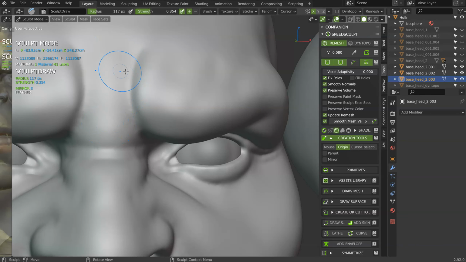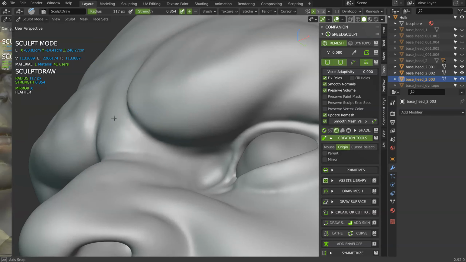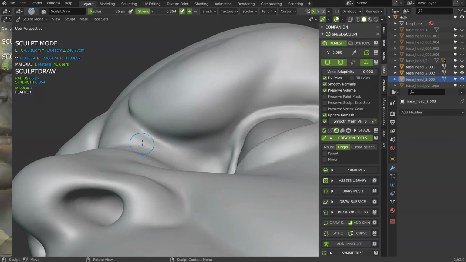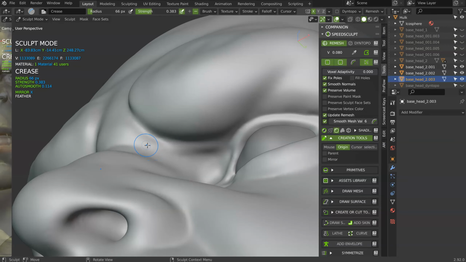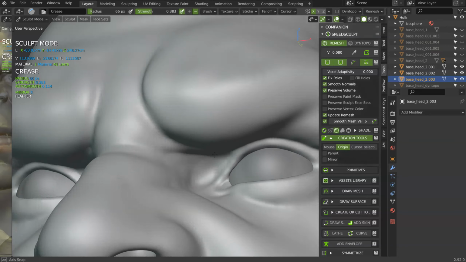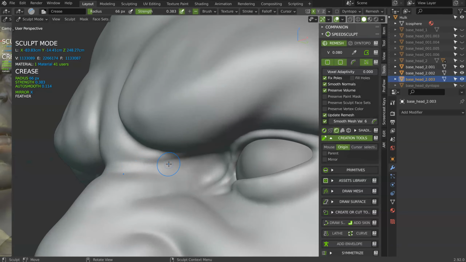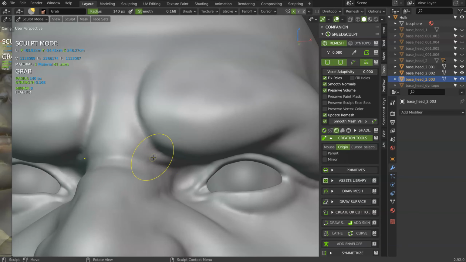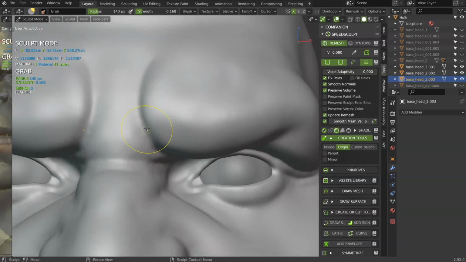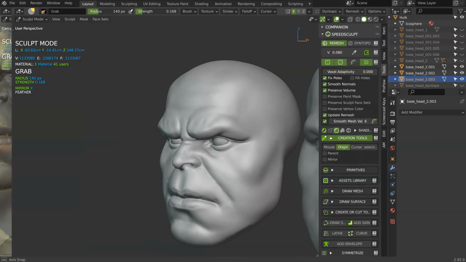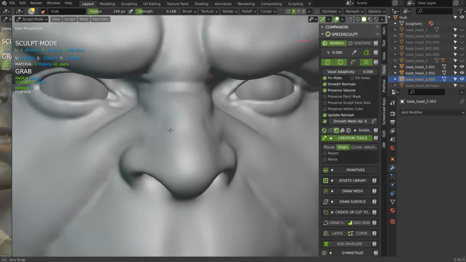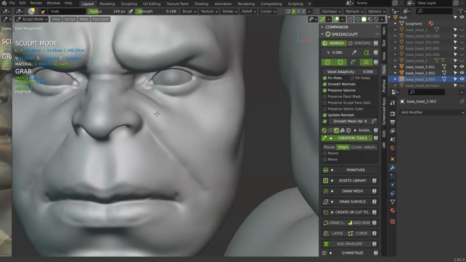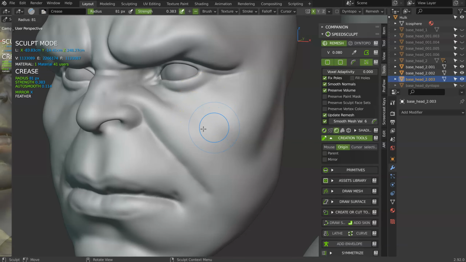I will use this standard brush on this part. Decrease tool, the grab tool, and as you can see, just like that, I'm starting to add some details.